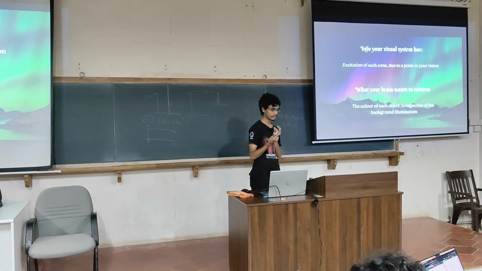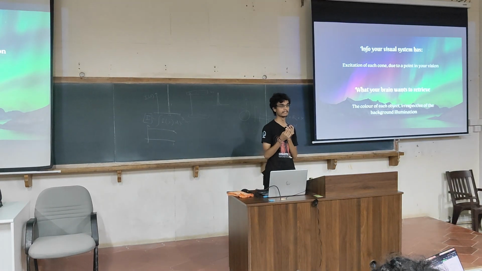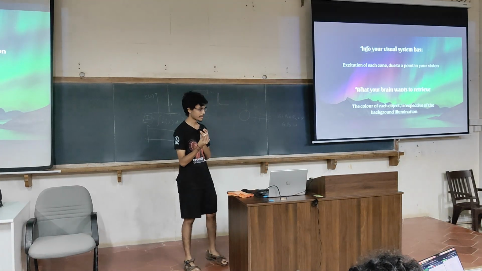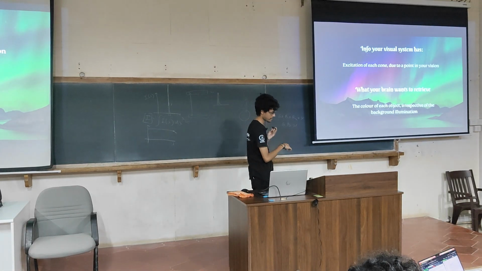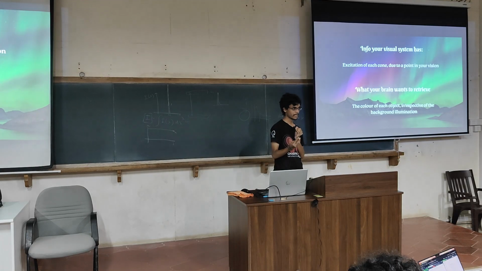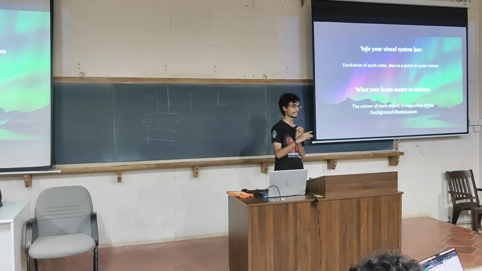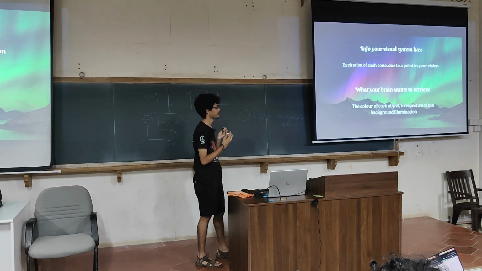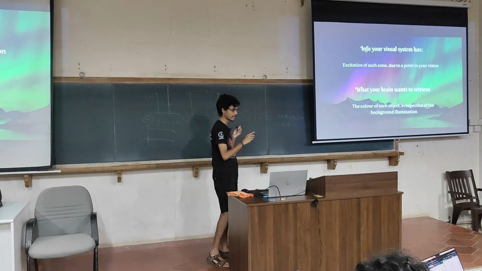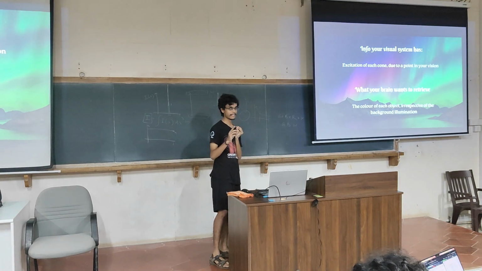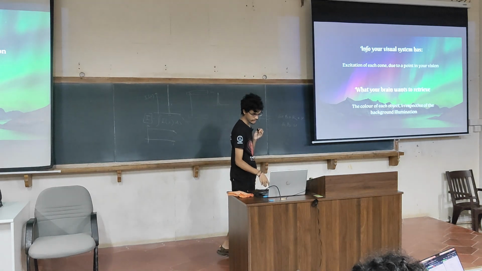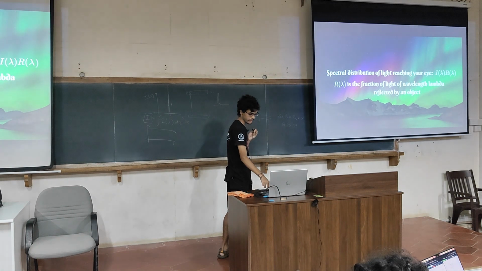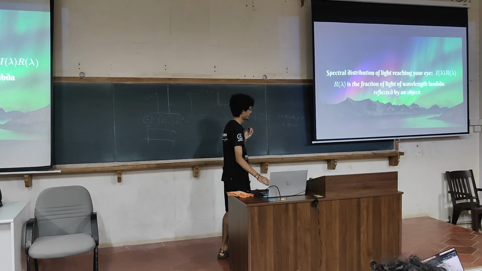Let's say you were a monkey looking for an apple. In warm illumination, the apple would look like something, and in blue illumination, the apple would look like something else. In both cases, you need to be able to make out that it's red in color, and that's what your brain tries to do. It wants to keep the apple red in different illuminations. The info that it has is the excitation of each cone.